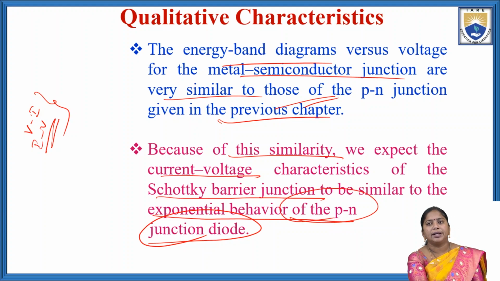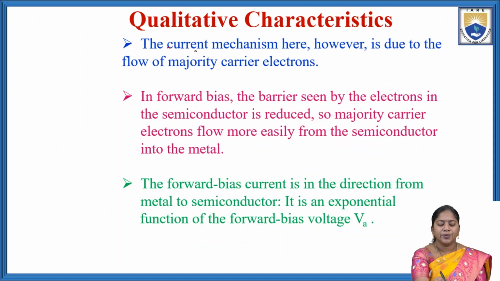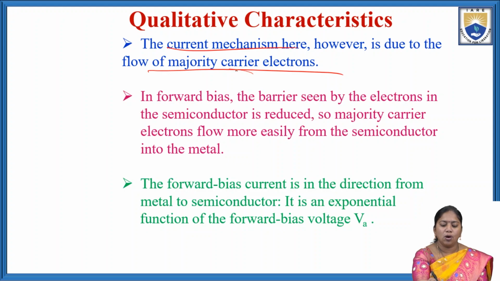Due to that energy band diagram similarity, we expect that the current voltage characteristics of the Schottky barrier junction to be similar to the exponential behavior of the PN junction diodes. The current mechanism here, however, is due to the flow of the majority carrier electrons. So the current mechanism in the Schottky diodes or metal semiconductor junctions is due to the flow of the majority